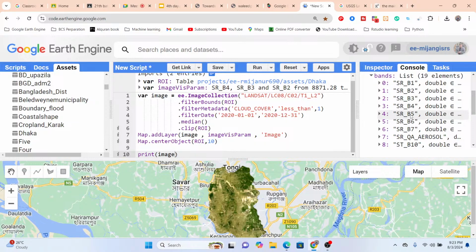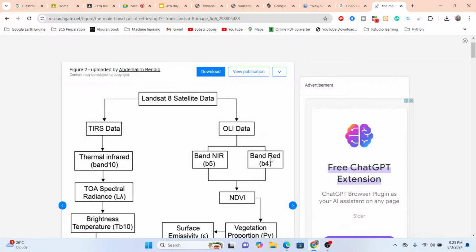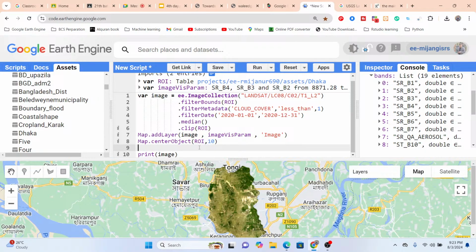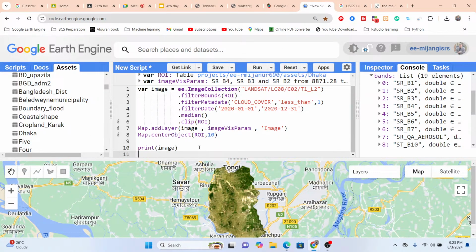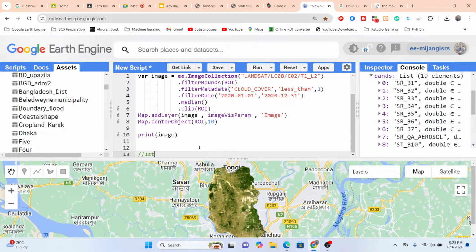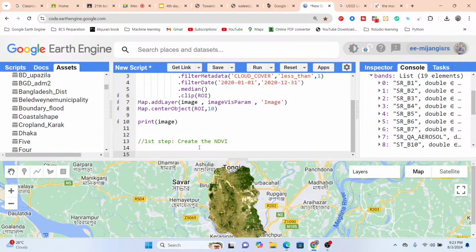Now, first of all, our first step is creating the NDVI. We already know how to easily create the NDVI; I discussed that in the previous class. So the first step is to create the NDVI. Just take a variable, and I put the variable name, suppose NDVI, and I call the image,